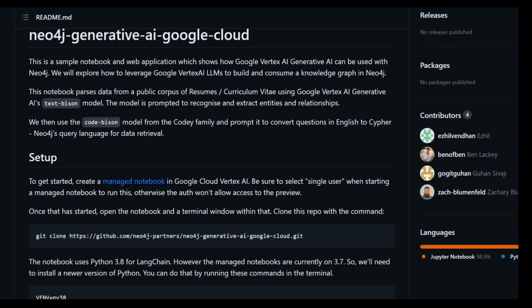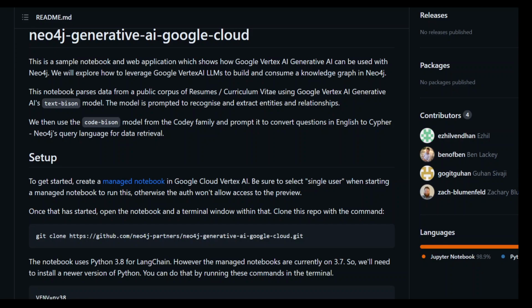Neo4j, which is a graph database, can be used to build a knowledge graph from structured and unstructured sources. By modeling this data as a graph, we can uncover insights in that data not otherwise available. Graph data can be huge and messy to deal with. Generative AI on Google Cloud makes it easy to build a knowledge graph in Neo4j and then interact with it